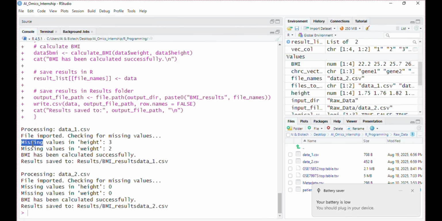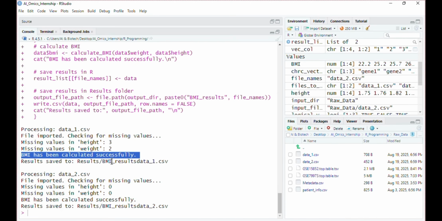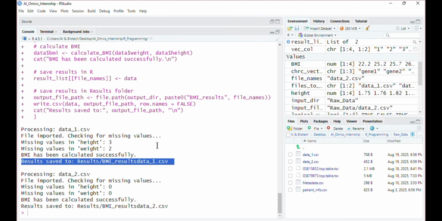In data 1, we have 3 missing values in the height column and 2 missing values in the weight column. So these missing values will be replaced with the mean value of that column. BMI is successfully calculated and data saved into results, BMI results data 1 CSV.